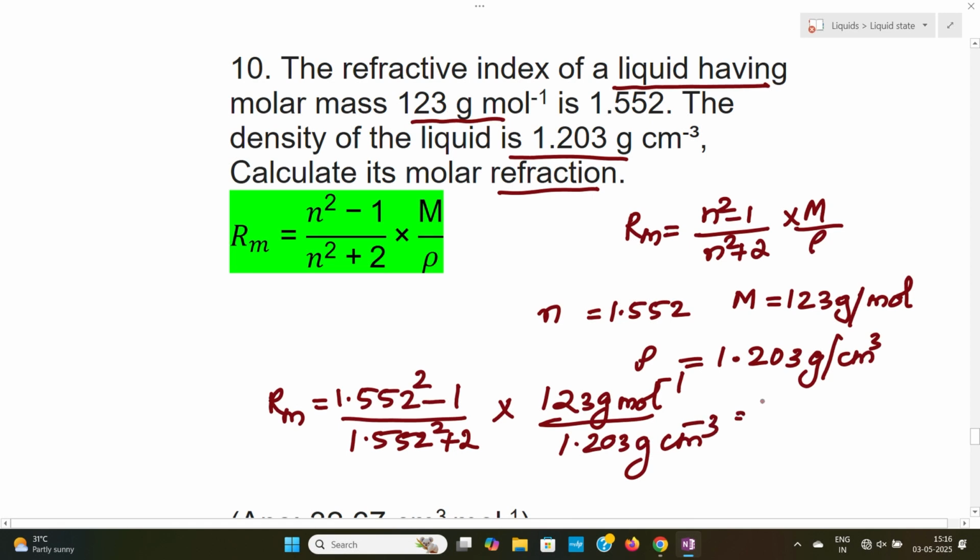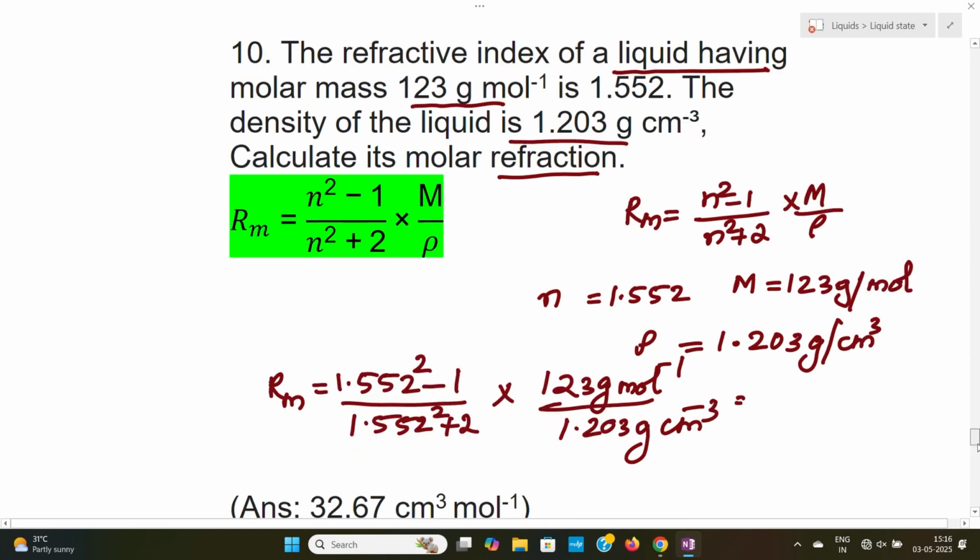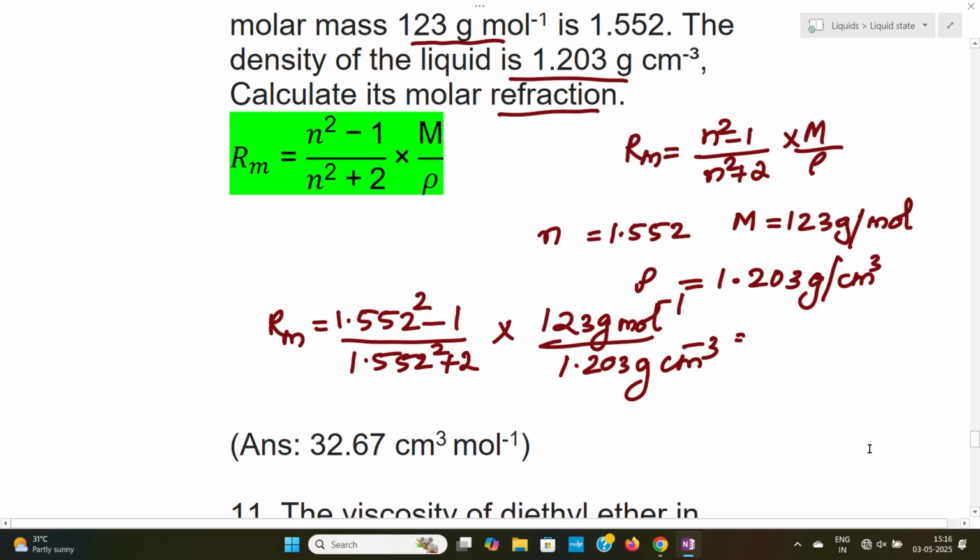So when we do this calculation, we'll get the value of molar refraction, that is 32.67. When this centimeter inverse comes in the numerator, that will be centimeter cube. So the answer is 32.67 centimeter cube mole inverse. So this is the problem related to the molar refraction. And